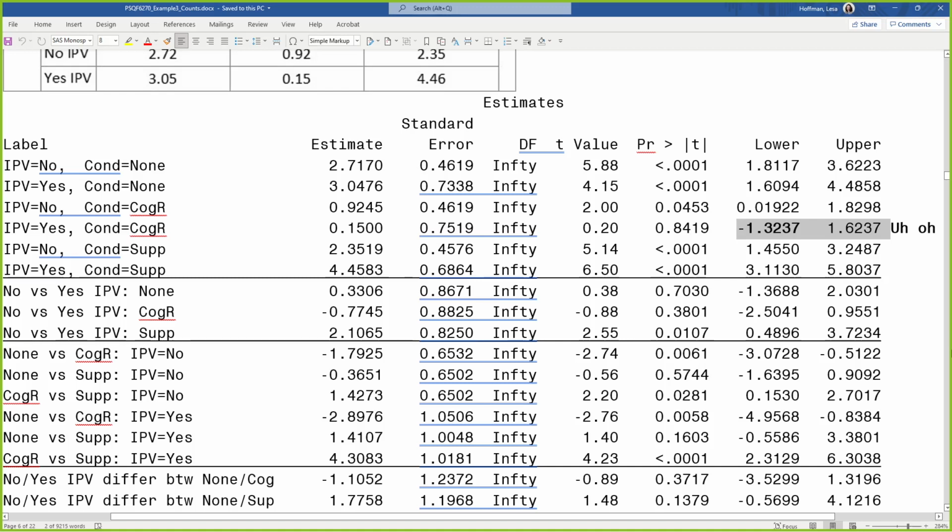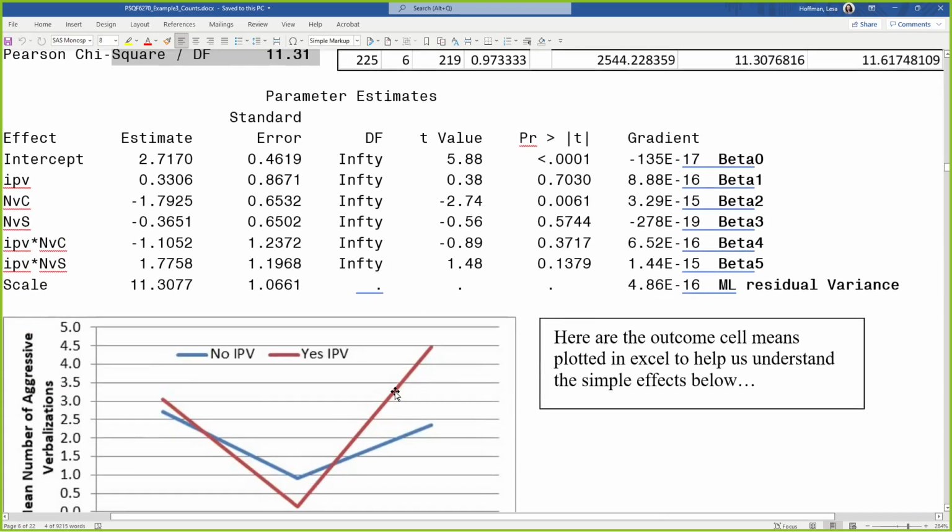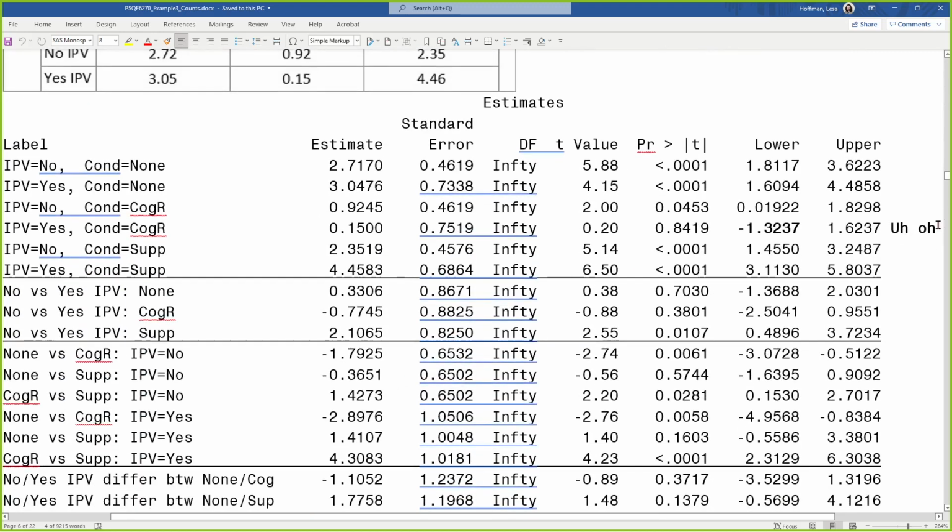Can you have a negative count? No. So that'd be like -1.3 mean things said. Would they be nice things? Like if you cross 0, do you get nice? Maybe, but that can't happen. So it ends up that I don't even need to have a statistic to tell me whether or not normal is good enough. If I have a confidence interval that can't happen, that can't be good.